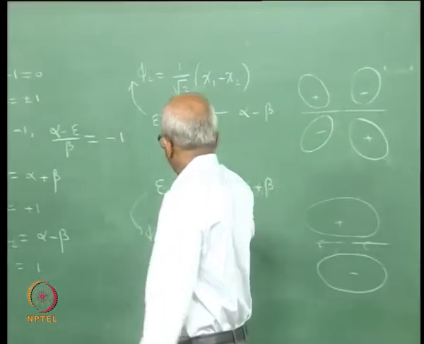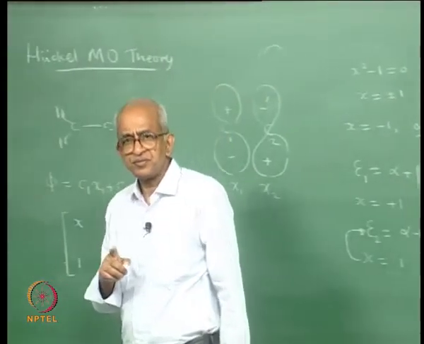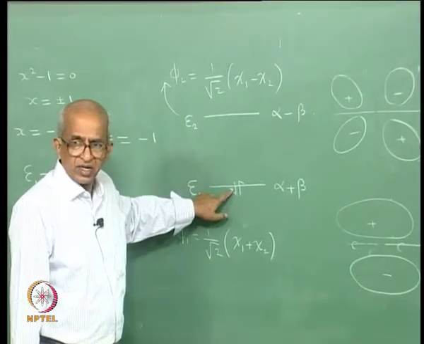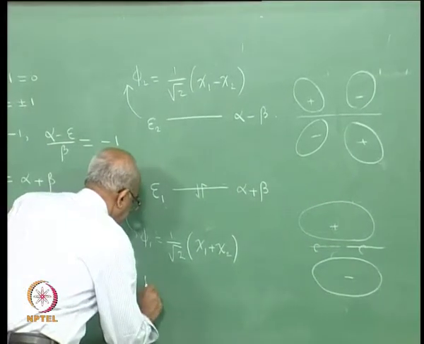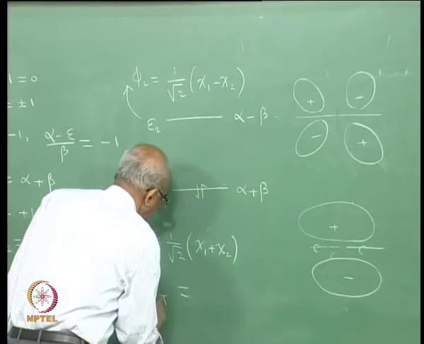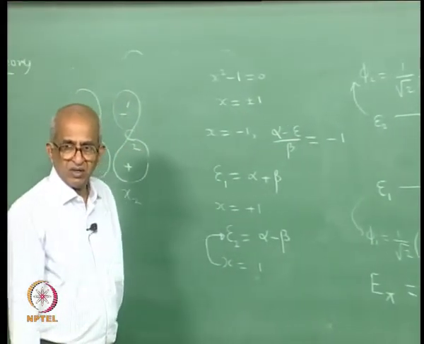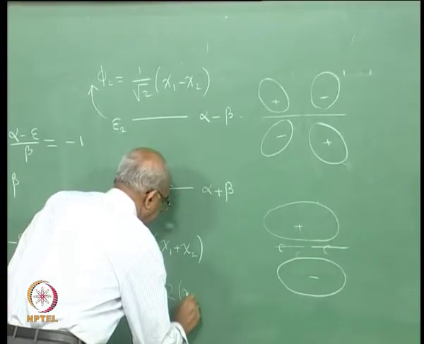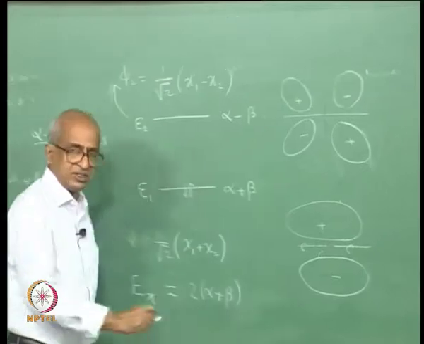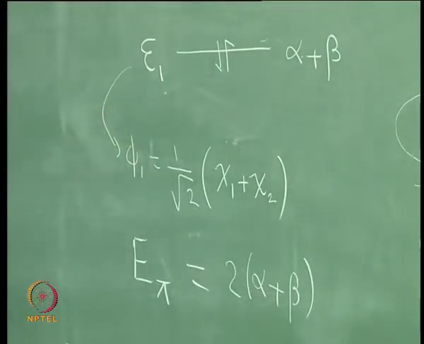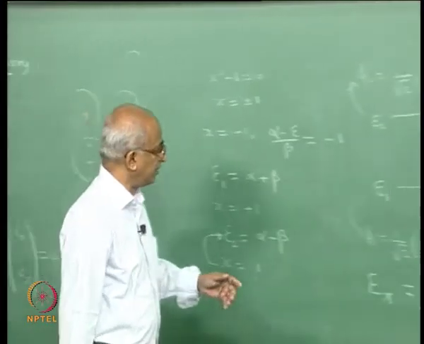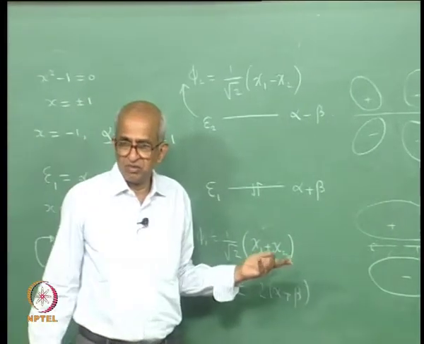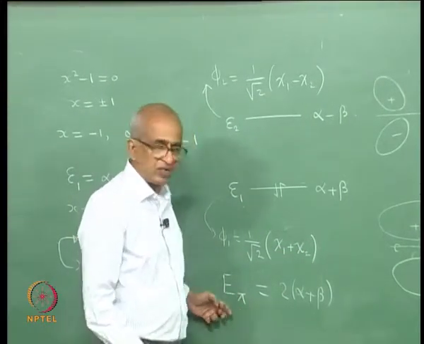And further, if you like, you can say, okay, in the case of ethene, there are 2 electrons sitting in this molecular orbital. So, the total pi electron energy of ethene, which we will denote as E pi, appropriate for ethene, how much will it be? You will have 2 times alpha plus beta as the energy. Now, this may make you unhappy. The reason is that alpha plus beta is the energy of 1 electron. So, you multiply that by 2, I am saying that you will get the pi electron energy.